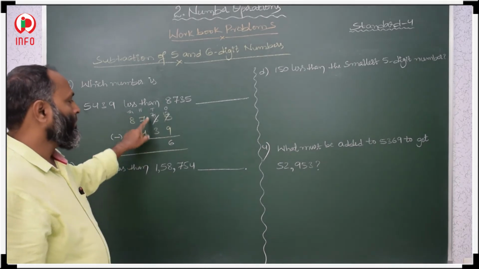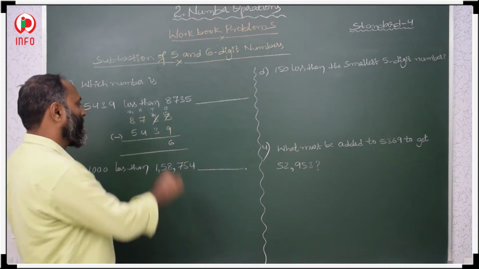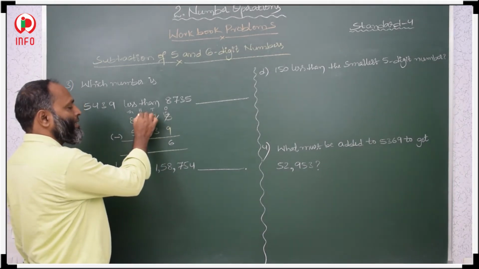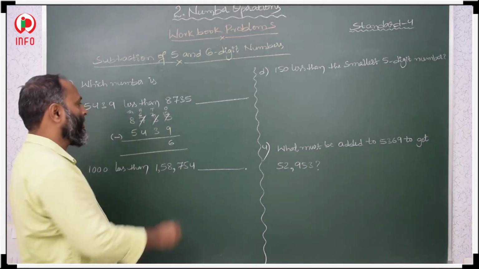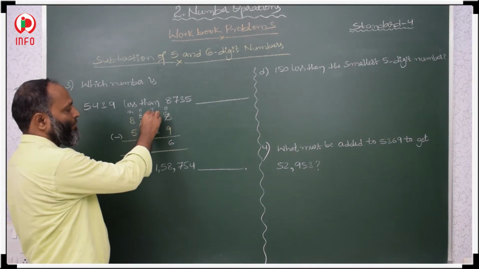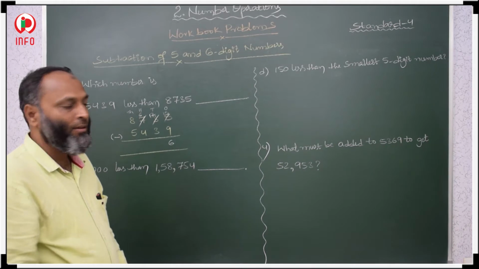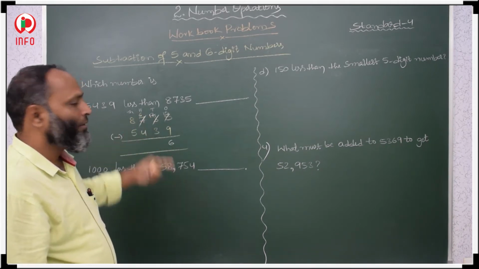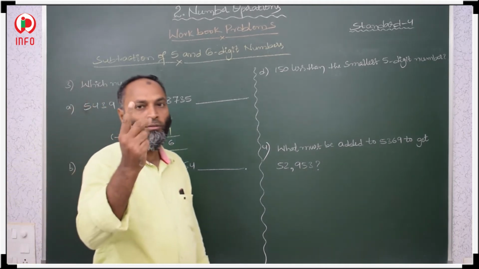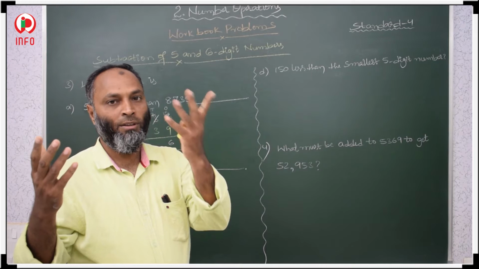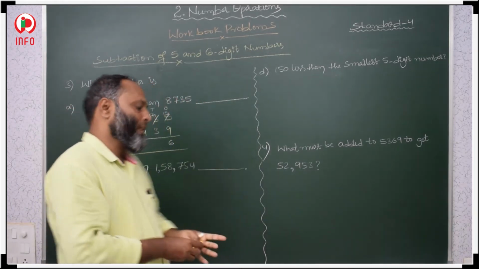2 minus 3. Minuend is less. Again we take borrow from the next place. From the 7 hundreds we take borrow, here 6 hundreds left. 1 hundred makes 10 tens. 10 plus 2, 12. We will get 12. 12 minus 3 means from 4 to 12 we have to count. 4, 5, 6, 7, 8, 9, 10, 11, 12. Total 9.